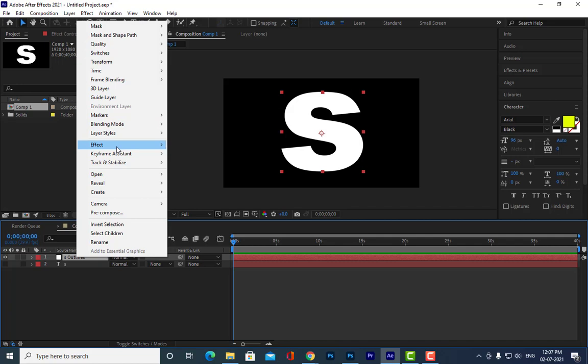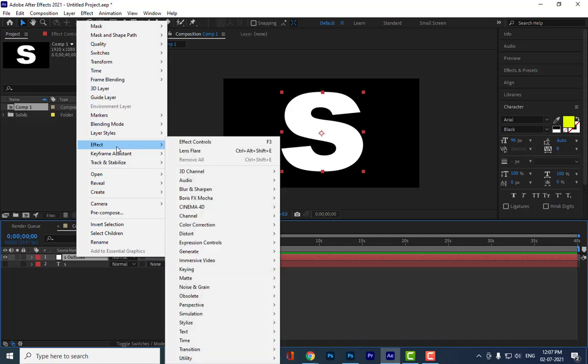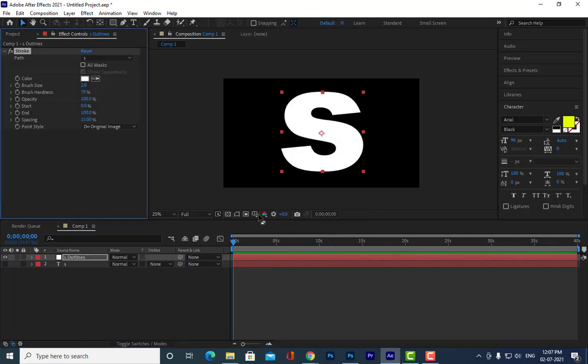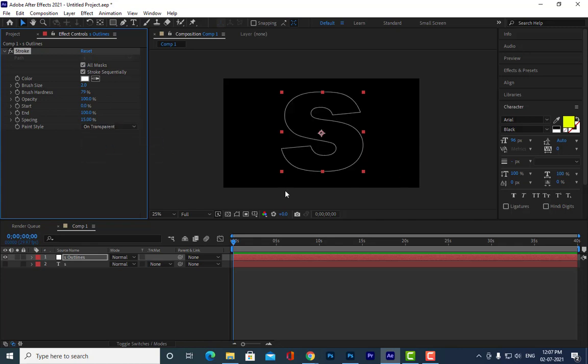So how to apply it? You have to select all the masks and then click on the transparent option here, okay? See, like this. You can turn off this mask icon.